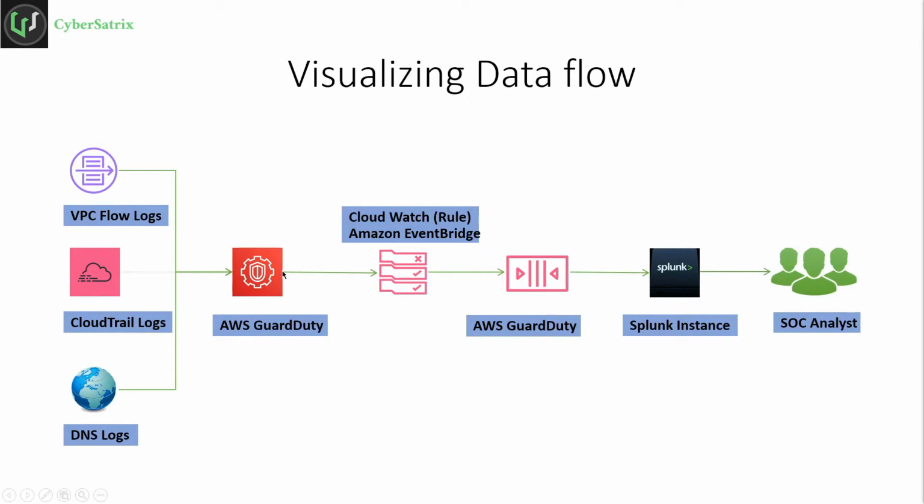Okay, so these logs will be processed and analyzed by Amazon GuardDuty, and it will provide us alerts, which in GuardDuty or AWS terms we call findings. Now those findings will be sent across to the SQS queue, right here, via EventBridge. So we'll create an EventBridge rule so that we can send the data from GuardDuty, the source, to the target, that is the SQS queue. I mistakenly wrote AWS GuardDuty here, but this is the AWS SQS queue.